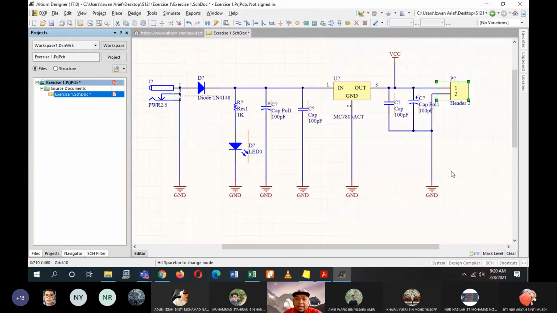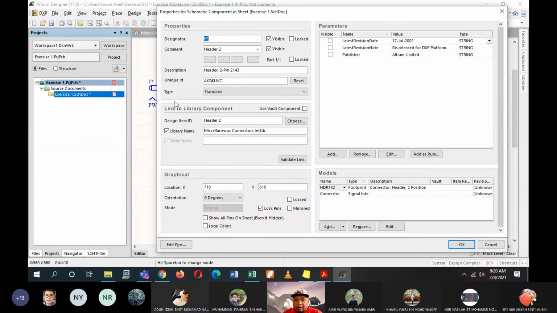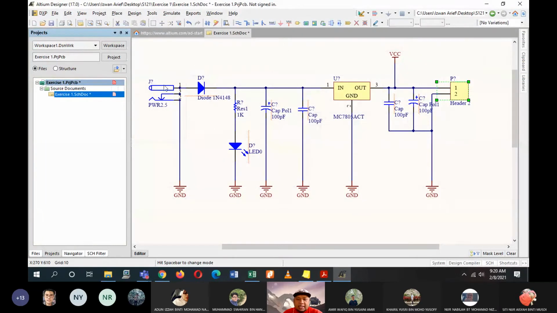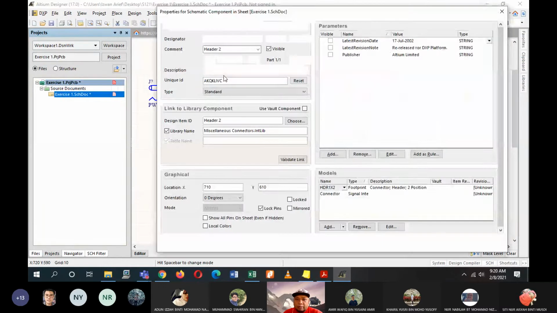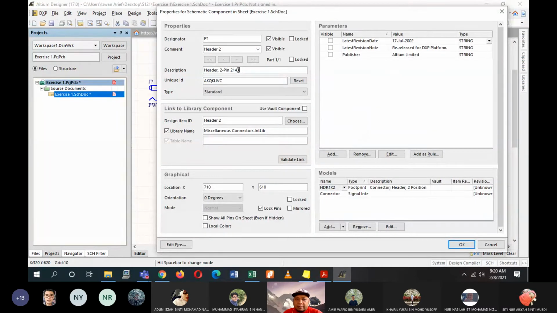The reason this step is important is to make sure that all of the circuits that you'll be submitting to me are the circuits that have been done by you. This circuit here is mine, so I put my ID number here. I'll be checking each of your circuits when you submit to me to see if you put this. So please don't forget to put your last 4 digits on the description of any component that I instruct you later on.